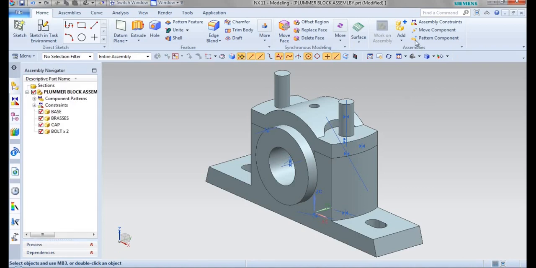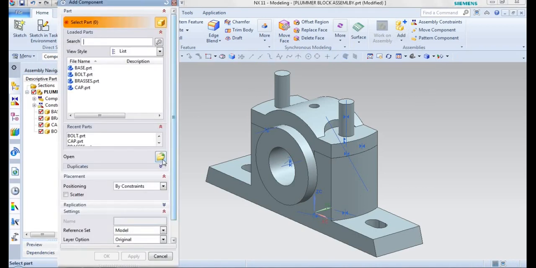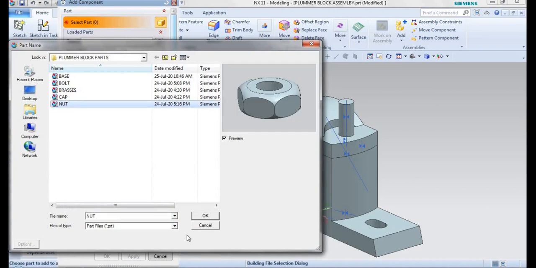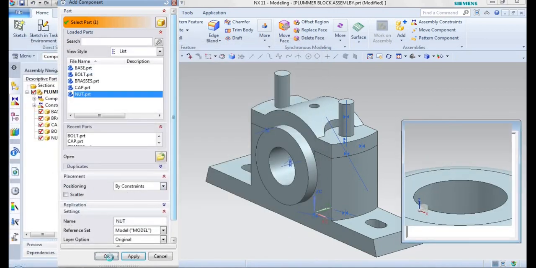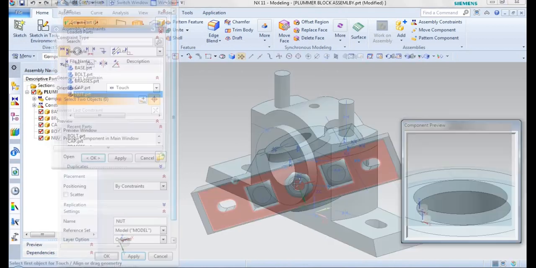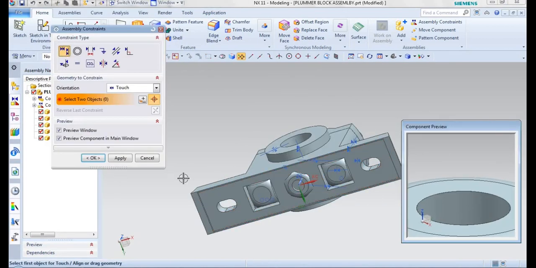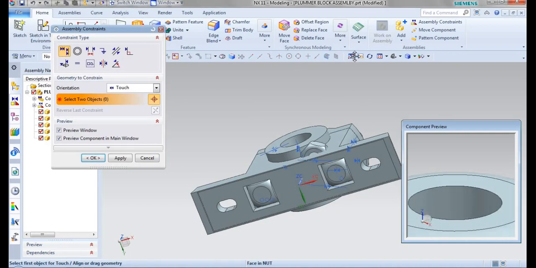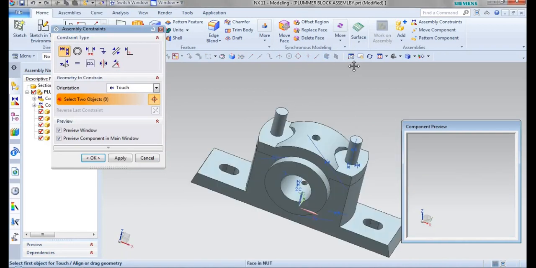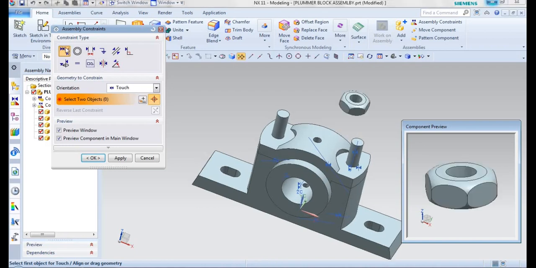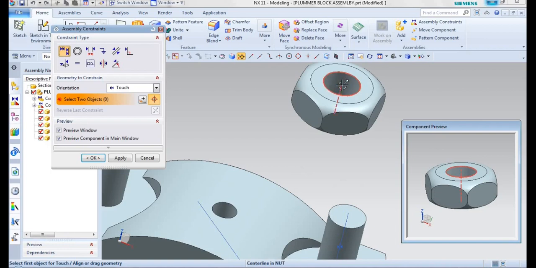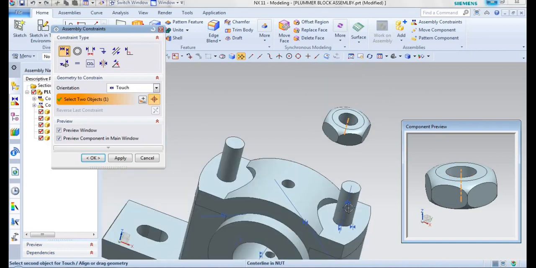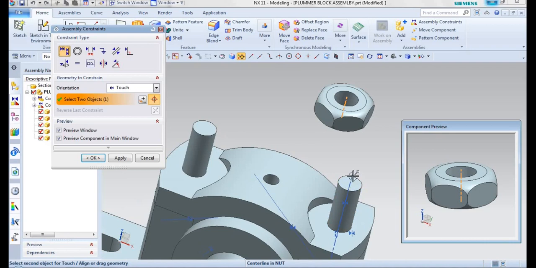After this, I'll be loading one more component, that is the nut component. Give it as OK. Again here the position should be set by constraint itself. Give it as OK. At the bottom it is present. Go for touch or align and move the nut component as per your requirement. So I'll be taking it like this. Under touch or align option, I'll be selecting the center line of the nut and also the center line of this bolt.